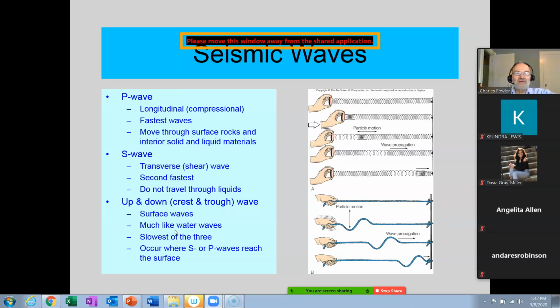If the water's sitting there very still and you throw a pebble or a rock into it, you see the up and down motion move out from wherever that point of contact was and head out into the distance, okay? That sounds a lot like an S wave because it's up and down, but it's slightly different, okay? These are only on the surfaces. The S waves go through solids, through the earth. Surface waves only travel on the surface of the earth.